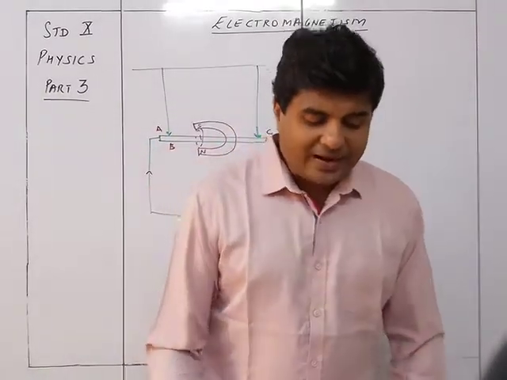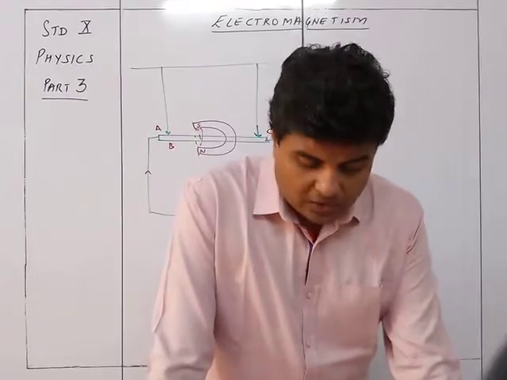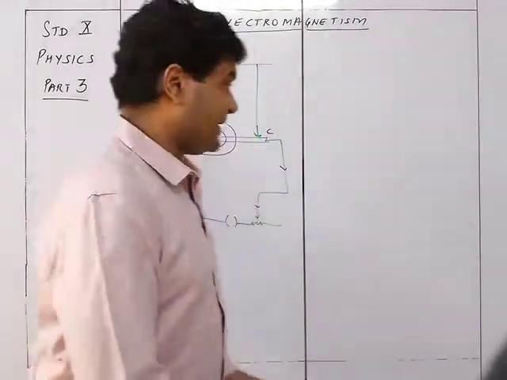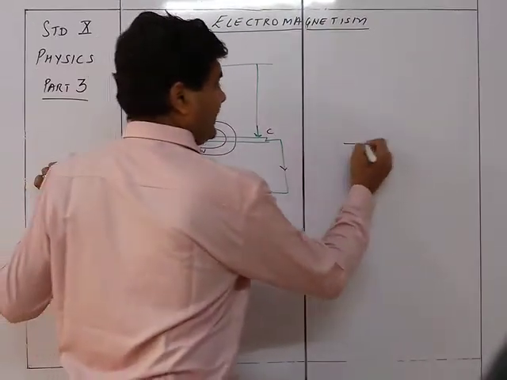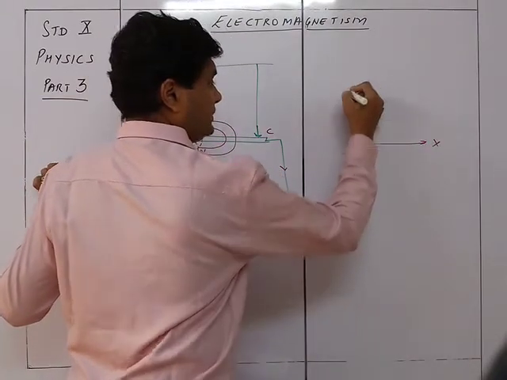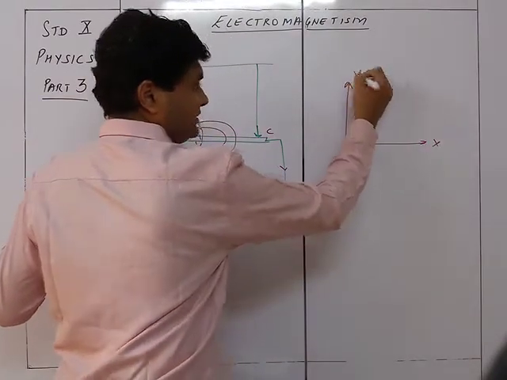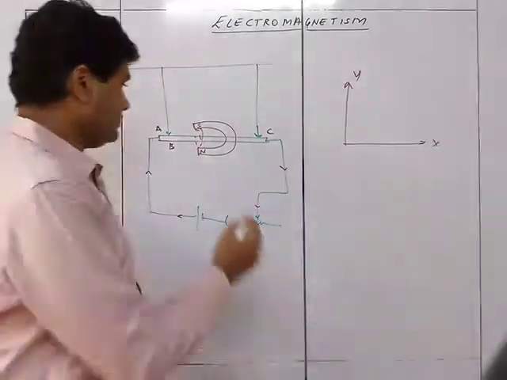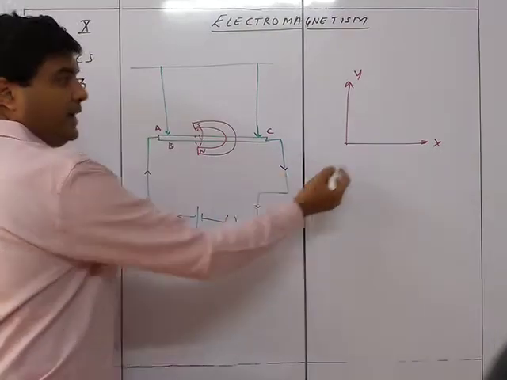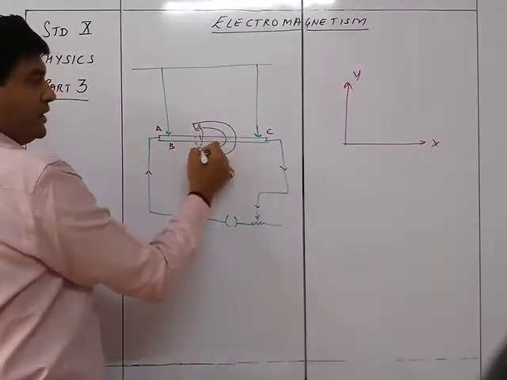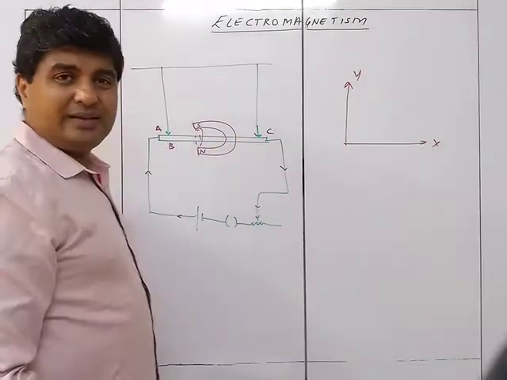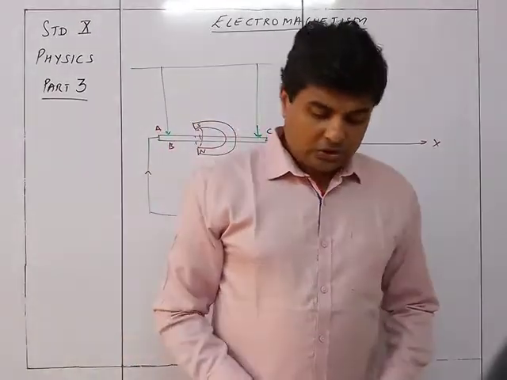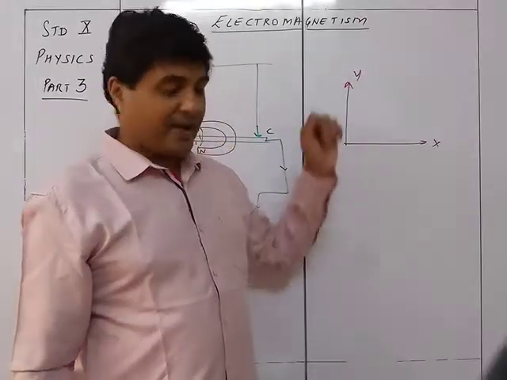Now, when current I is passed in the wire in the direction from A to C, that is in the X direction, so we can see this is the X direction, this is the Y direction. See the X-axis, Y-axis, horizontal X-axis, so you can see this is an X-axis, and Y-axis because this is from north to south like this, so it's a Y-axis. So these are the two axes of our normal graph paper, X-axis and Y-axis.